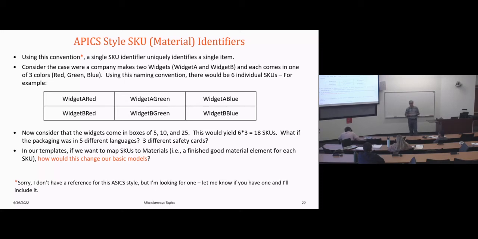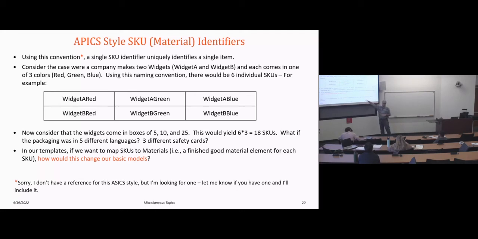an enterprise system. For example, if you log on to Amazon or something and buy a custom item that comes in a color, like a piece of furniture that's blue, behind the scenes there is a SKU number that concatenates those things together. It doesn't always strictly concatenate them, but these things are all uniquely identified. We didn't do that in our model, but if we want to use APICS style, that's something we would do. The implications of that are with our basic model.